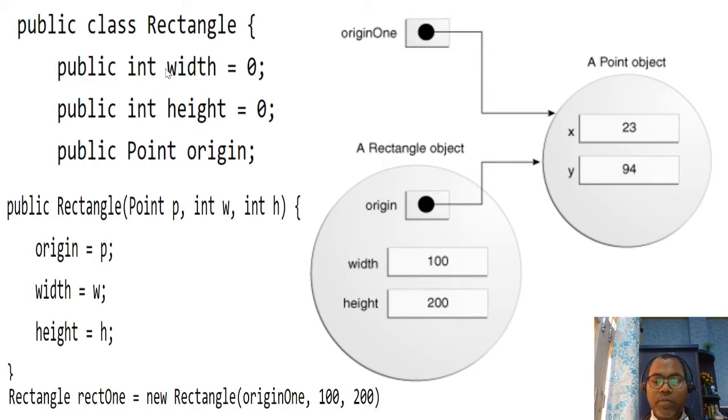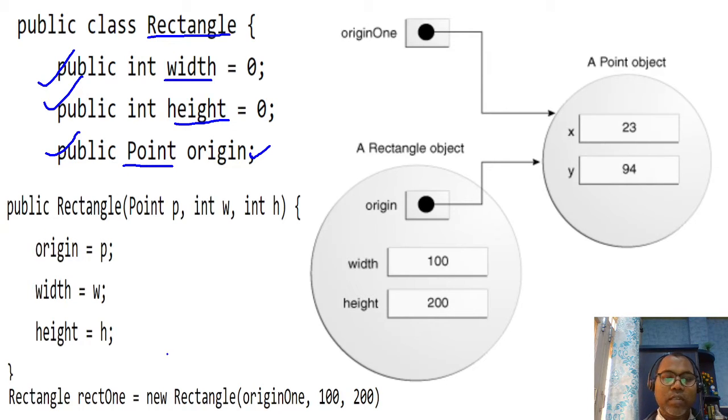Sometimes we may have a class that has not only primitive data. Let's take the example of Rectangle. Rectangle is a class that has an integer width and an integer height. It might also hold a reference variable pointing to another object, like a Point. So in this class you can create members as fields with primitive data types as well as any object types, and here the object type is Point.